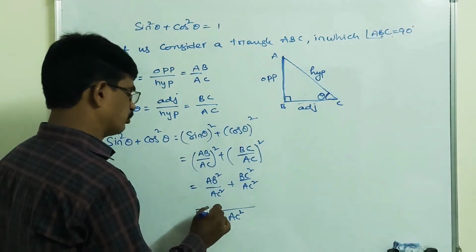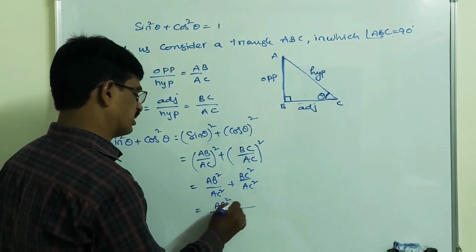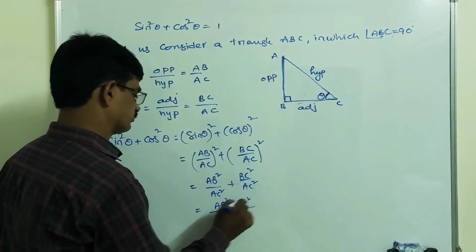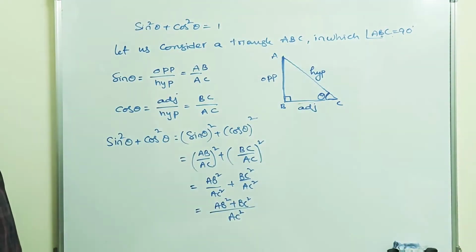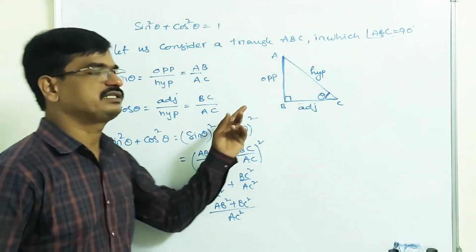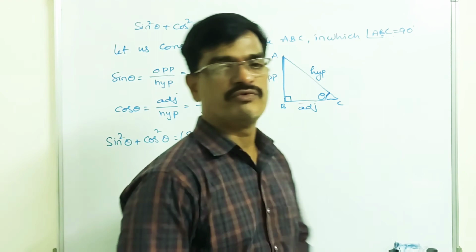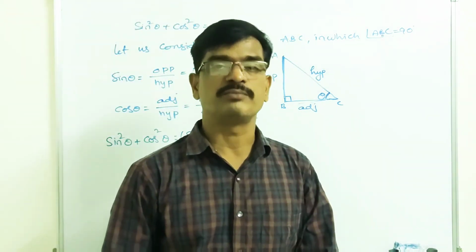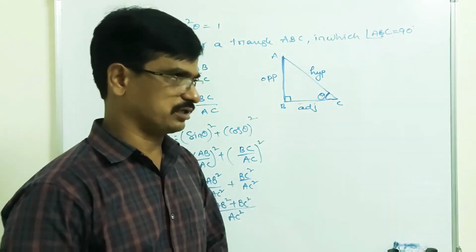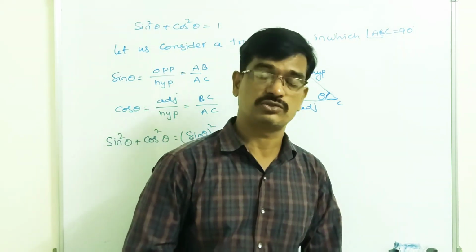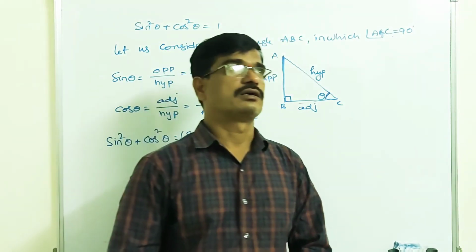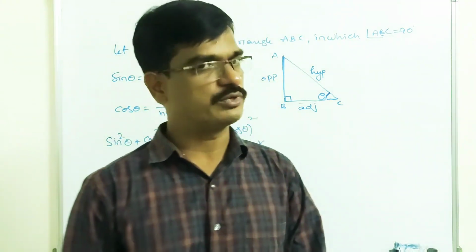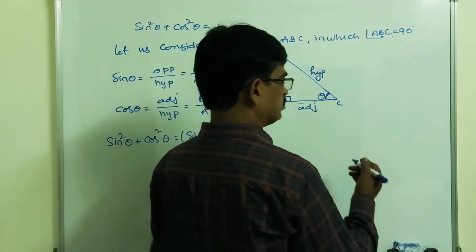Then we can add their numerators: AB square plus BC square. Since it is a right triangle, we can apply the Pythagorean theorem here, and this is the most important theorem. I think it comes from 8th class, while finding the Pythagorean triplets. So once again I will explain